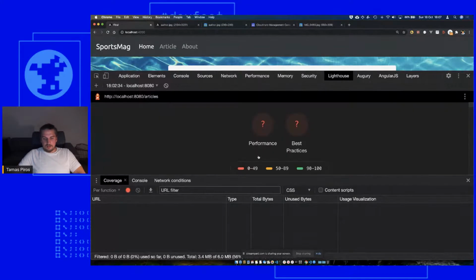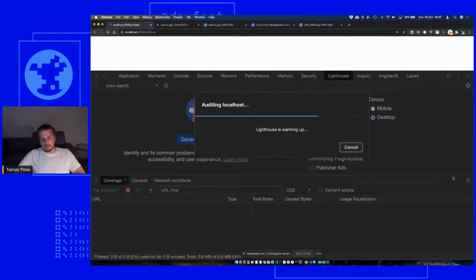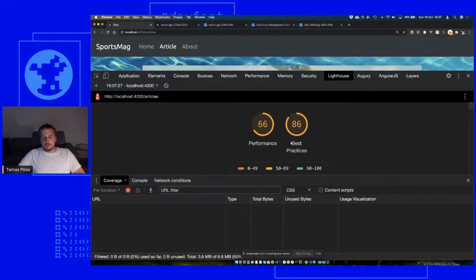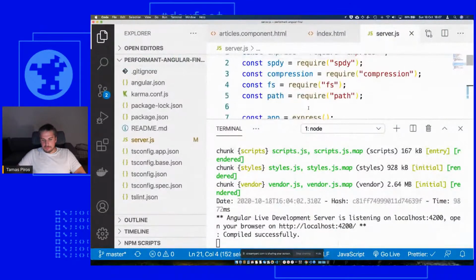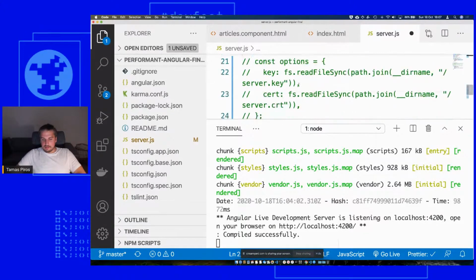Okay, and if you run a Lighthouse report against the article page, just as a last thing to do, as I said, it will still complain about a few bits and pieces about the server because I'm not running HTTPS, I'm not running HTTP2, etc., etc. But hopefully, the performance went up for a development bundle. Still, if you run this on a full-blown HTTP server, which I would still love to do, let's get rid of this